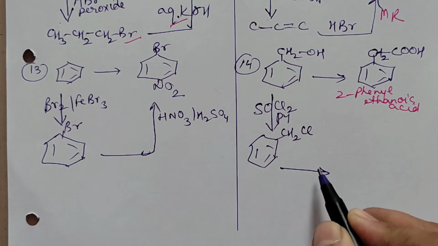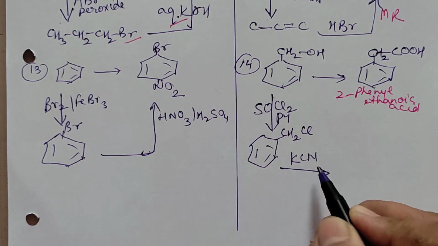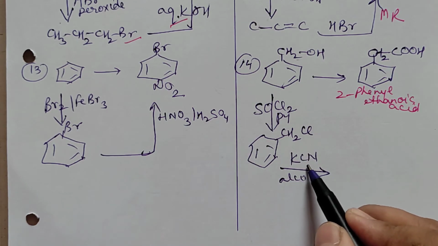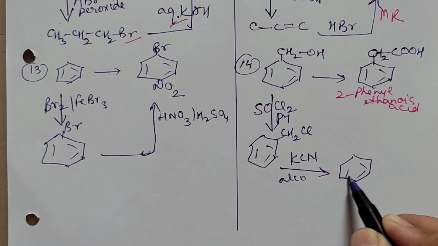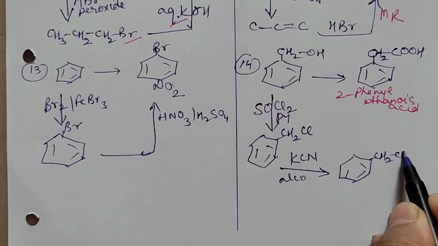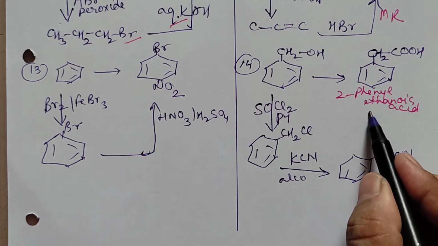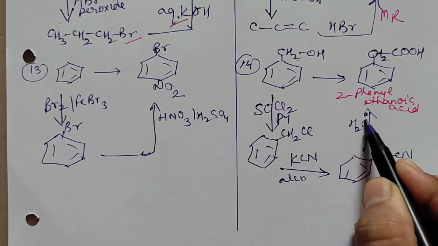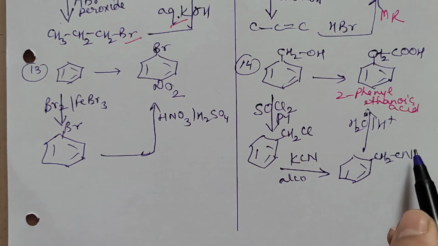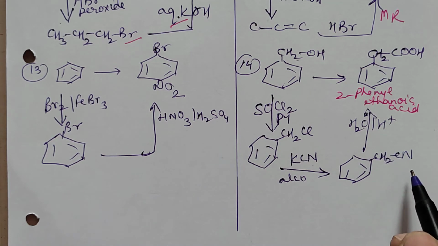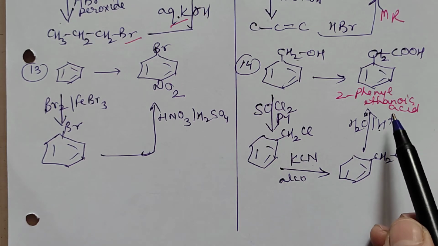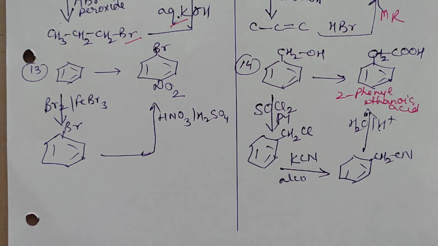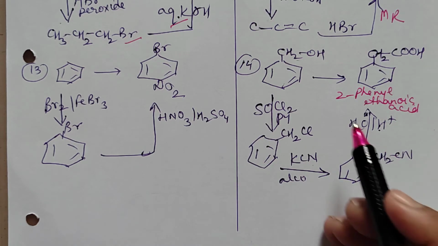Now we need to increase 1 carbon atom. To increase the carbon atom, we will make it react with KCN, alcoholic KCN. So that instead of Cl, now you will have CN. So you will have CH2CN. And CN, complete hydrolysis can be done. In the presence of acid medium, it is to be hydrolyzed. So CN completely gets hydrolyzed in the presence of acid, and what you get is COOH, carboxylic acid group. So whenever CN is to be converted to COOH, we will carry out complete hydrolysis.